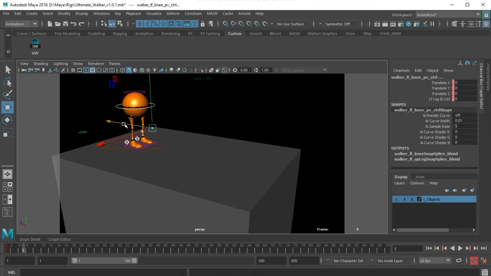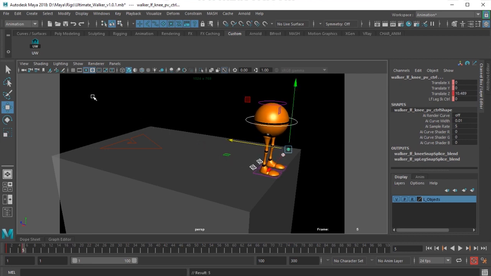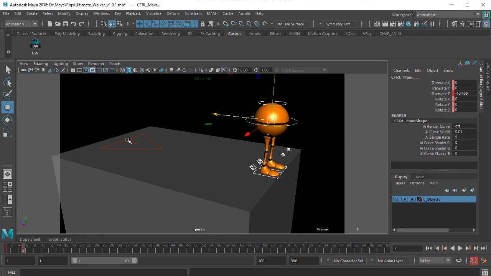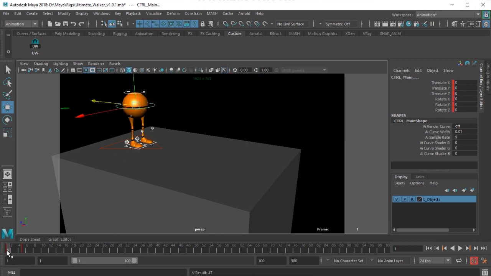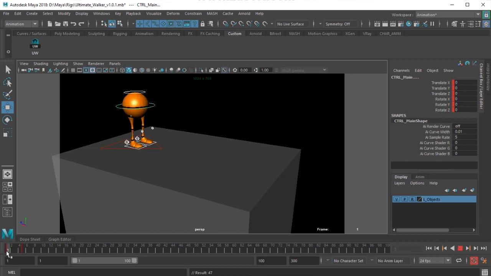So here I'm selecting these controls which can be transformed here. I go to the very edge of this cliff, select all the controls and press S on the keyboard. So that's one pose and that's one pose. I think this one has a jump, not a run. So a small jump. Running is continuous jumping for me.